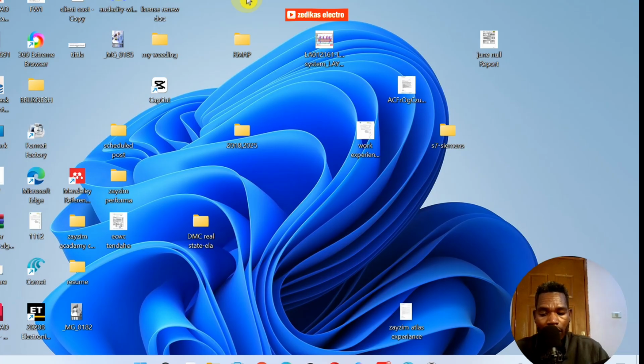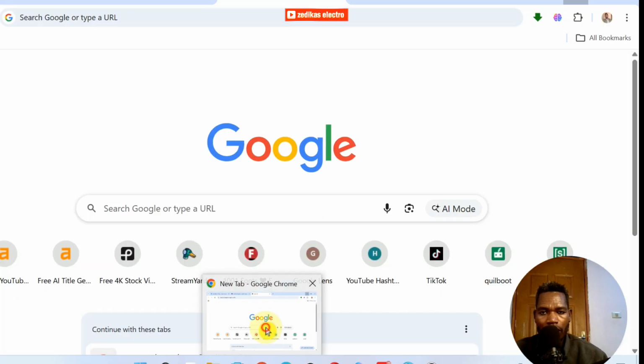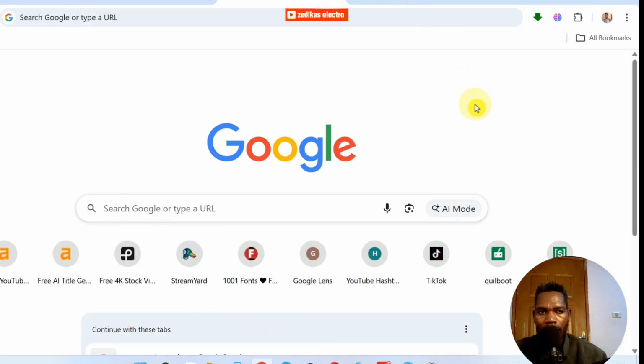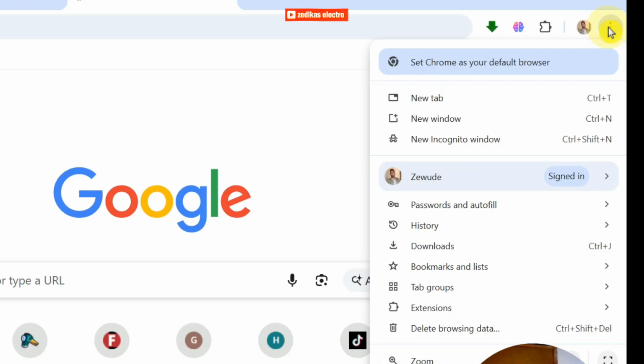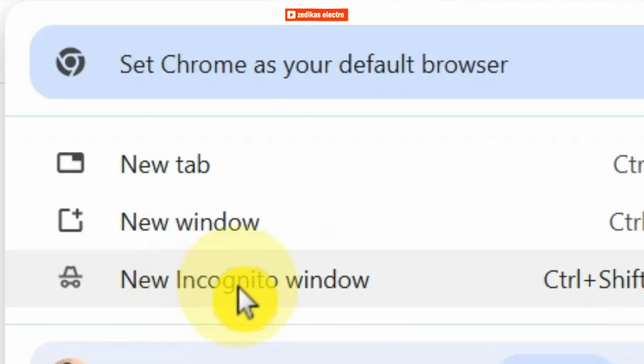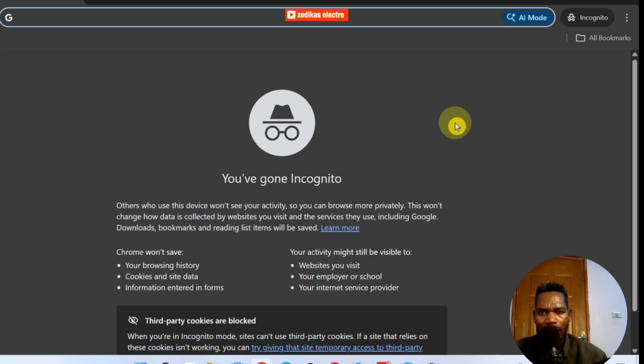So the first thing you have to do is open the Chrome browser. Go to the Chrome browser, and then you have two options. The first option is to come here at the top and click on the three dashes, the three dots here, and click on that. Once you click on that, you see New incognito window, so you can click on that and